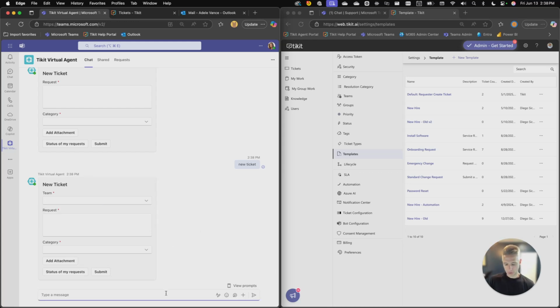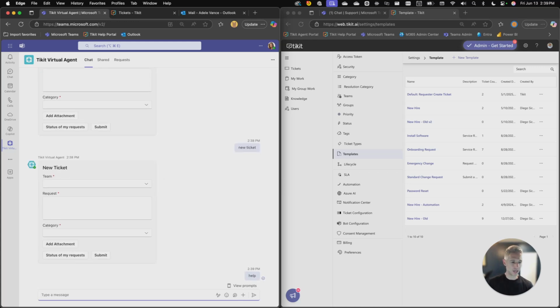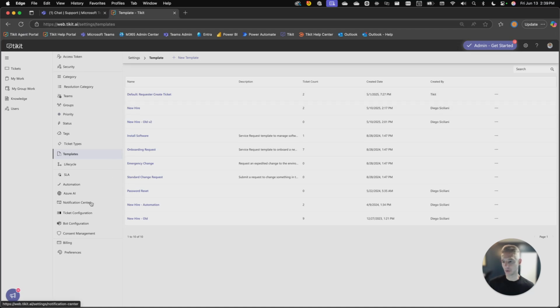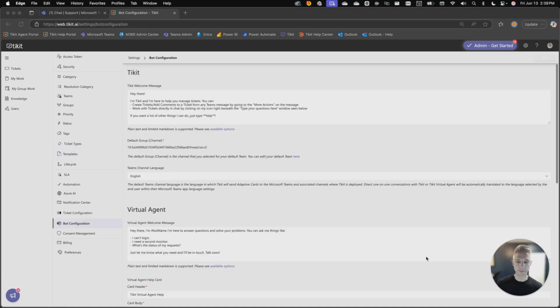Now the second thing I want to do here is add some functionality on the help menu that lets me send a ticket directly to IT when I click on new IT ticket, versus sending it directly to HR if I were to add a button that says new HR ticket. To do that, we'll travel back over to Diego's side, and we'll go to bot configuration to edit the help